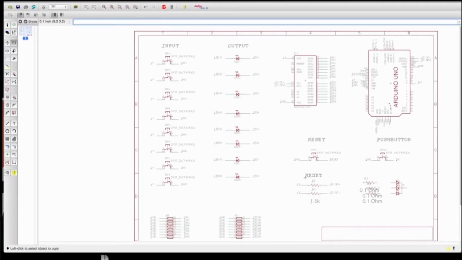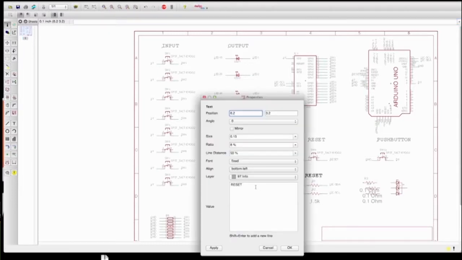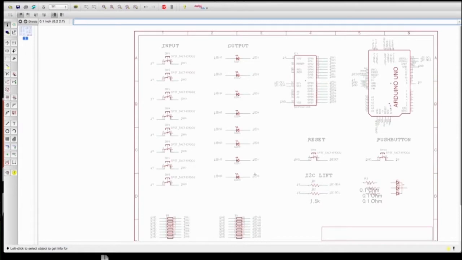So what I want to do is also label this. So I'm going to grab this and I'm just going to call it I2C bias. Or I'm going to call it I2C lift, I guess. I2C lift because it's lifting to 5 volts. And I generally do everything uppercase if I can. Alright, so it's not quite centered. Alright, so the only thing we have left is, and this is not centered either,